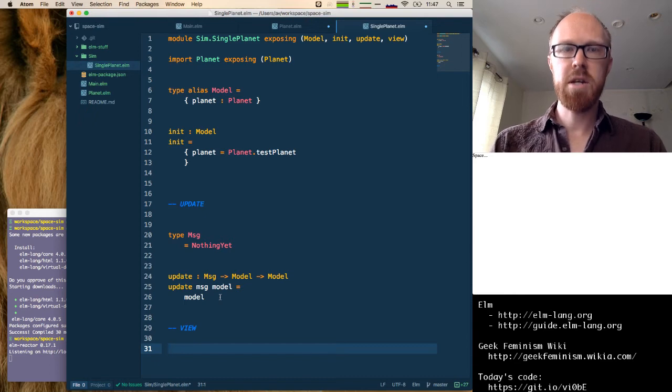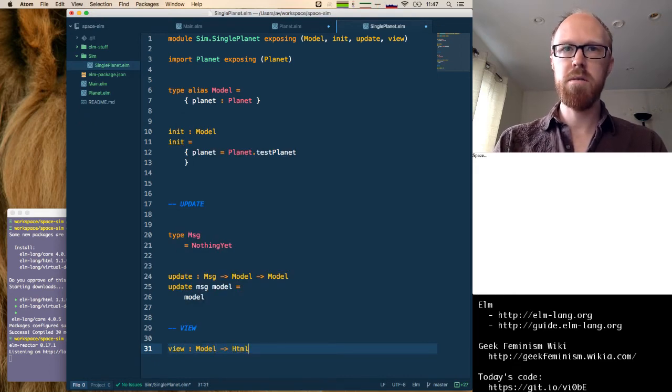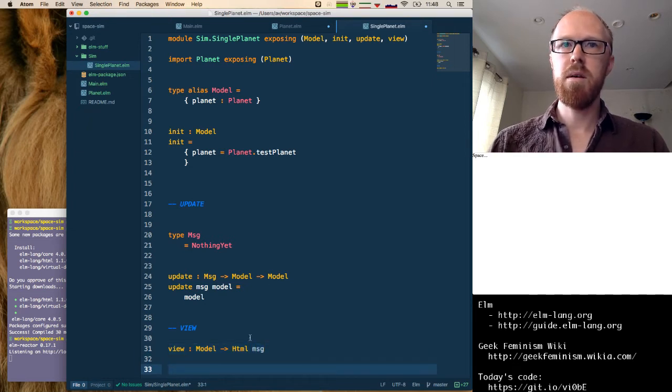Then in our view section, we're going to take our model and return Html. And we're going to return potentially our message, although at the moment we're not going to have anything interactive.